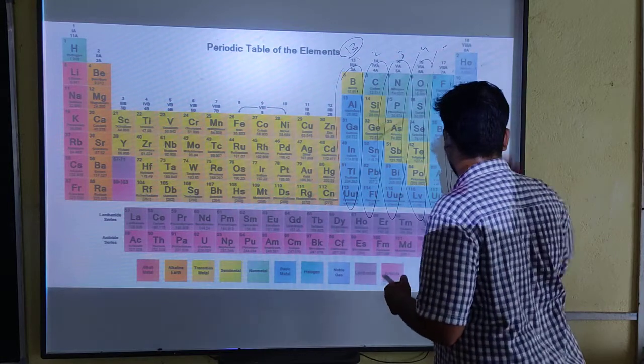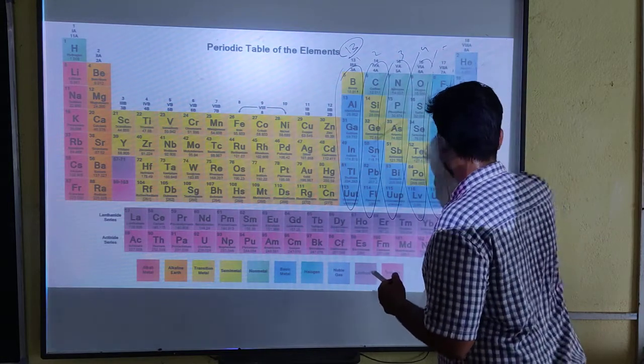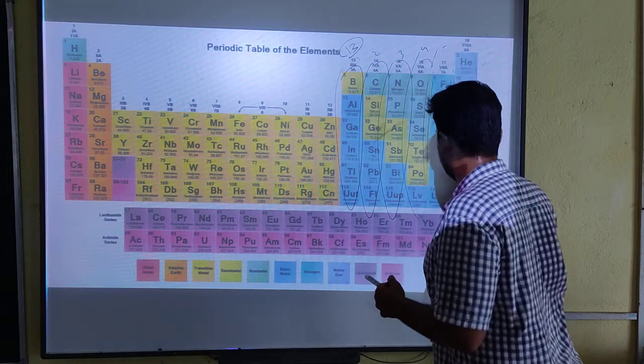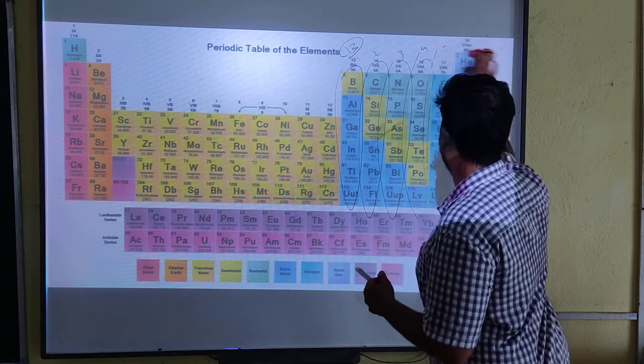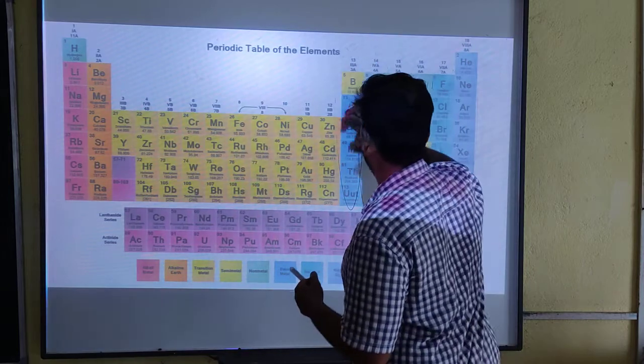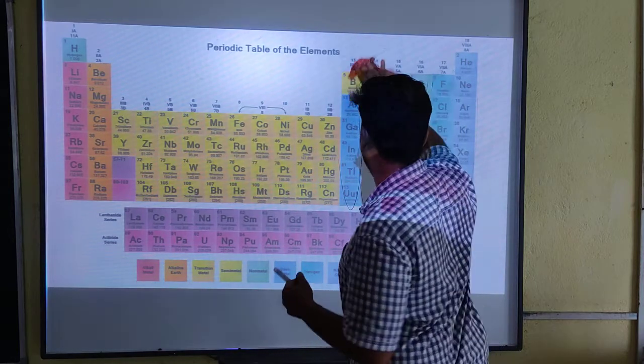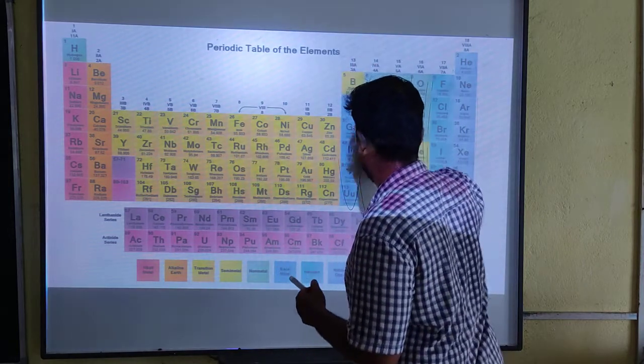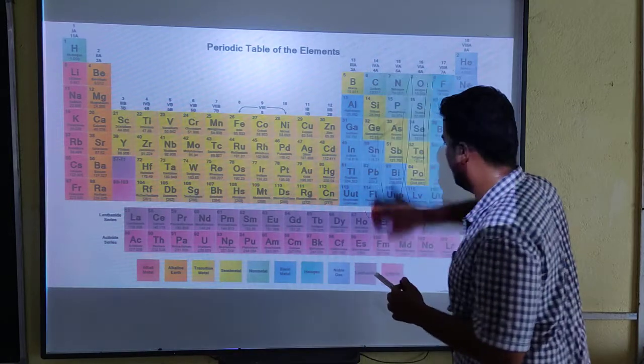One more interesting thing about p block elements is that they are very diverse with respect to their physical and chemical properties. For example, in case of physical property,